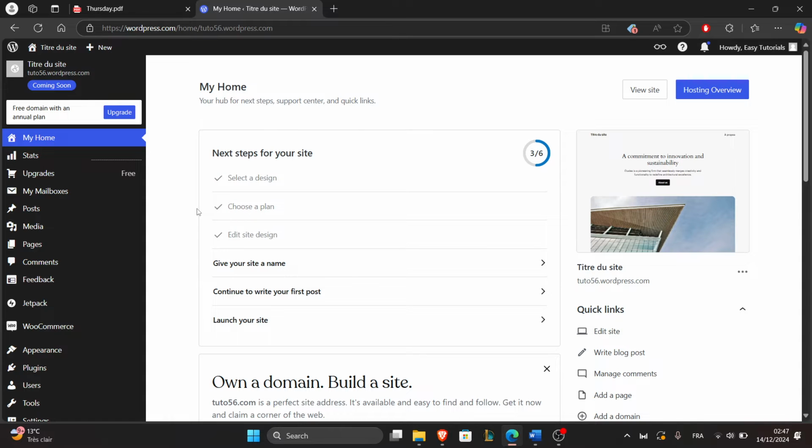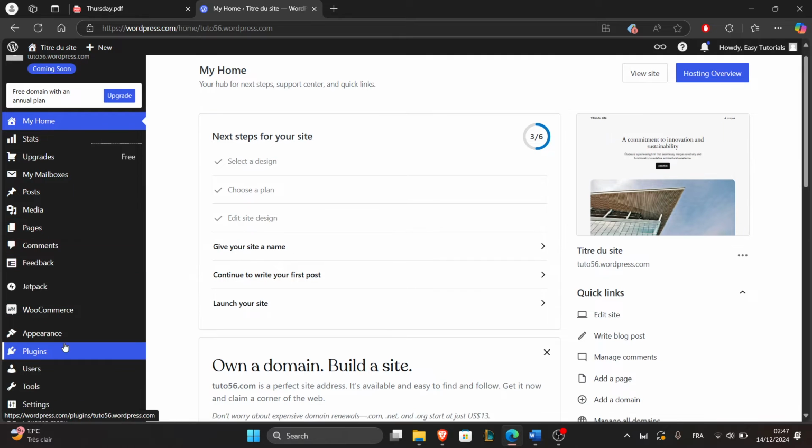The first step is to use the built-in export tool. And to do that you have to log into your WordPress account by going to wordpress.com and entering your account credentials. After logging in, you'll be directed to your account dashboard where you're gonna go to tools in the left sidebar right here